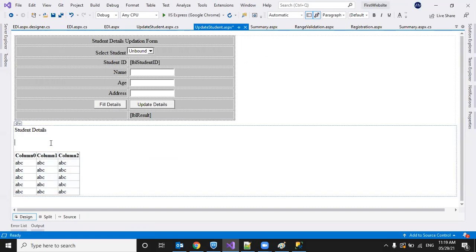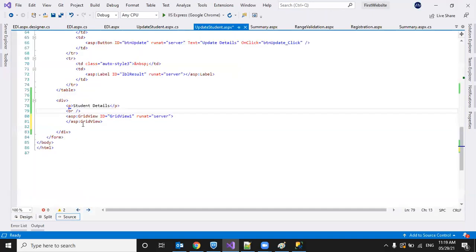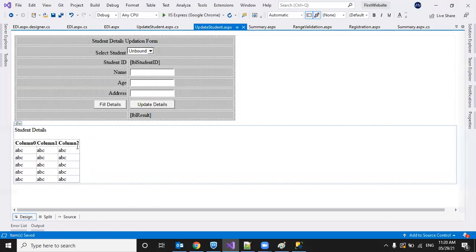Maybe remove the space. Okay, I have a grid view control, and it will have some features here. Before jumping into writing code, we will perform two operations here.